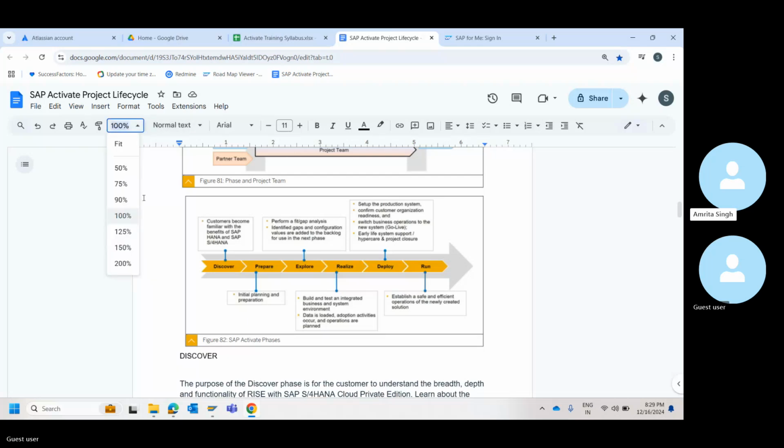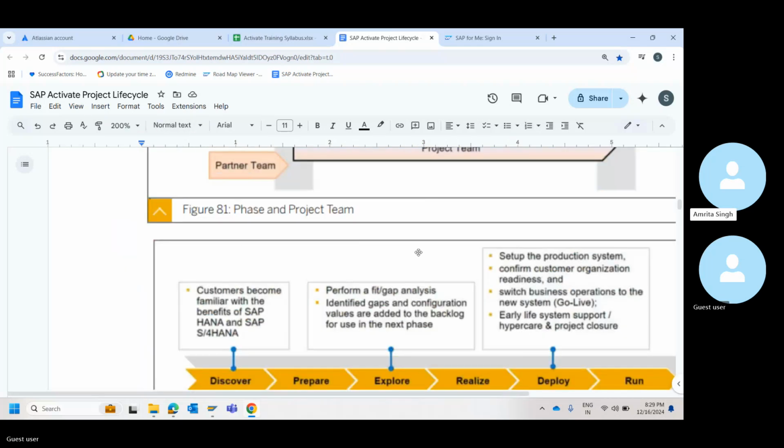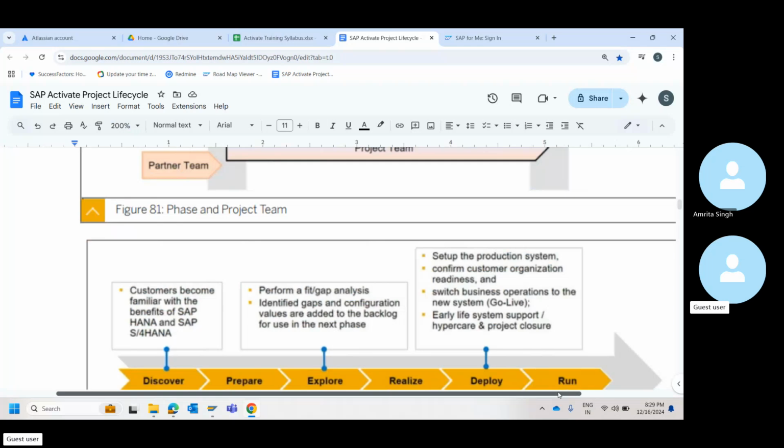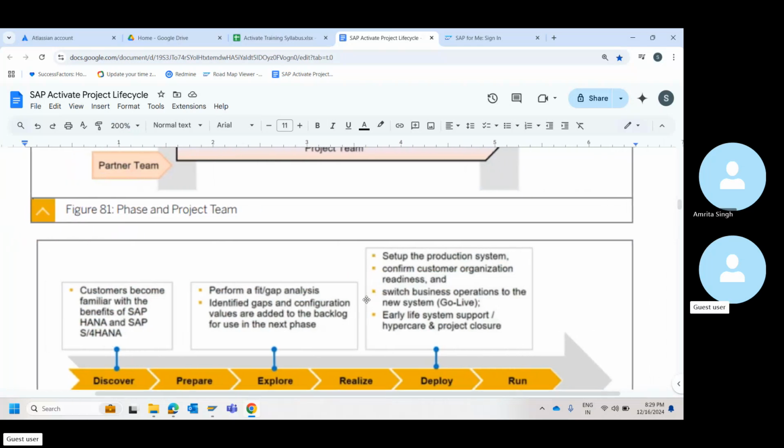Yeah. Okay. This is good. So as part of the first thing, if you see, perform fit gap analysis. What this means is, are the customers' requirements fitting to the standard, or is there any gap? This is your job here.